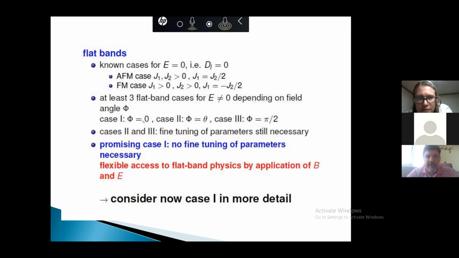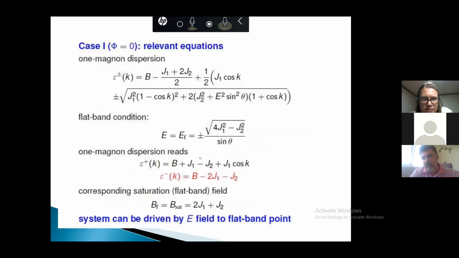And the first one, phi equals 0, is particularly important because in this case, no fine tuning of exchange parameters is necessary. We can drive our system to the flat band just by tuning the electric field for almost arbitrary values of the parameters. So here are these conditions. For arbitrary J1 and J2, we can choose the magnitude of the electric field equal to this expression, and we have the lower band flat. So this is a very important result, as I told you, because it opens new horizons for